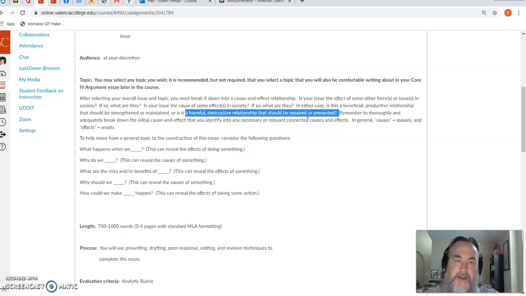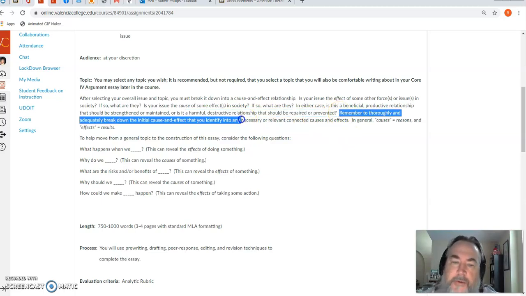So on the fourth essay, on the one side for the college, you explore how do we make sure that people go to college so that they can get these good effects? Or on the negative side, the global warming or the climate change, how can we stop that so we can prevent those negative effects? So that's the way that I want you to be thinking about these two essays.